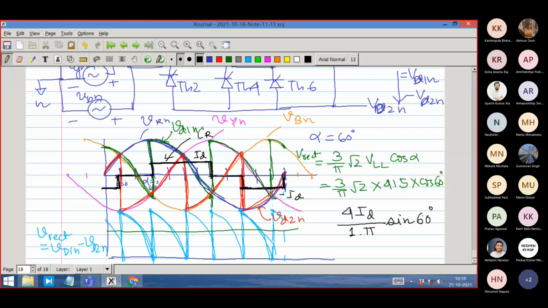Let me put the formula. Whatever the width, if the width is delta, this would be sine delta by 2. That is the formula of the magnitude, into the sine of omega t minus something. What is that something? That's what I'm asking. What is the value? Where is it located?